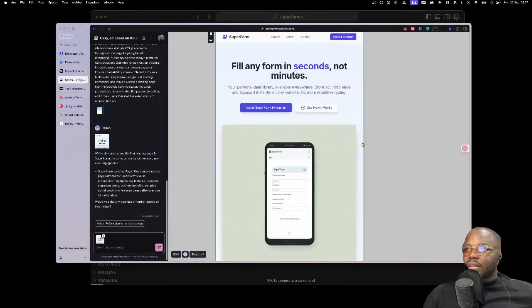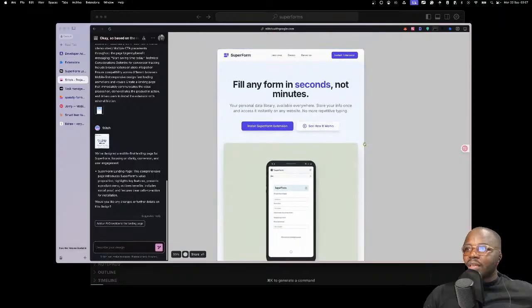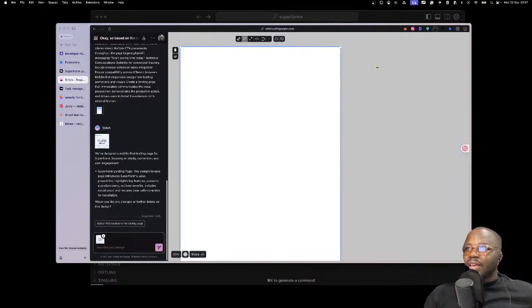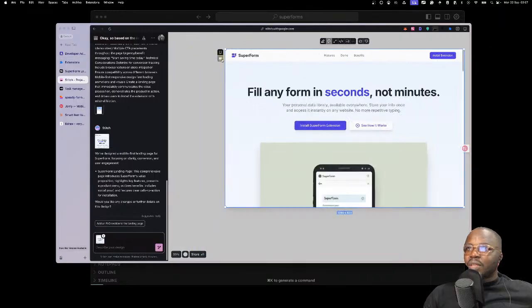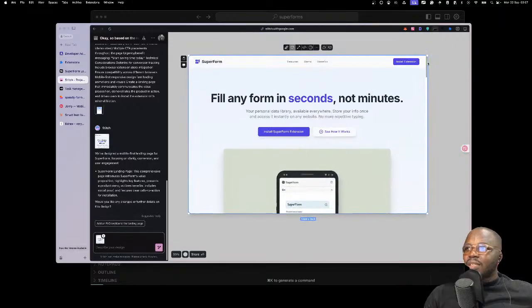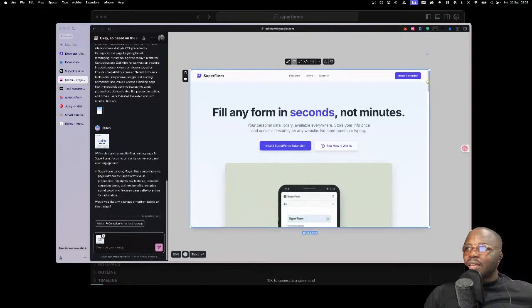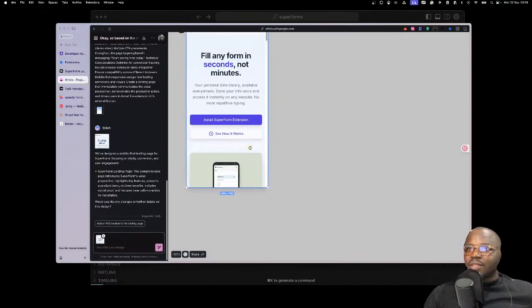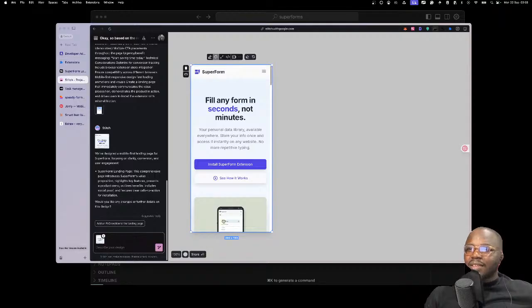All right, so this is what it looks like on a bigger screen, and this is what it looks like on smaller screens, right? You can get this sort of canvas stuff. You can easily go from that to this, and then you can see the UI for this right here. Nice.